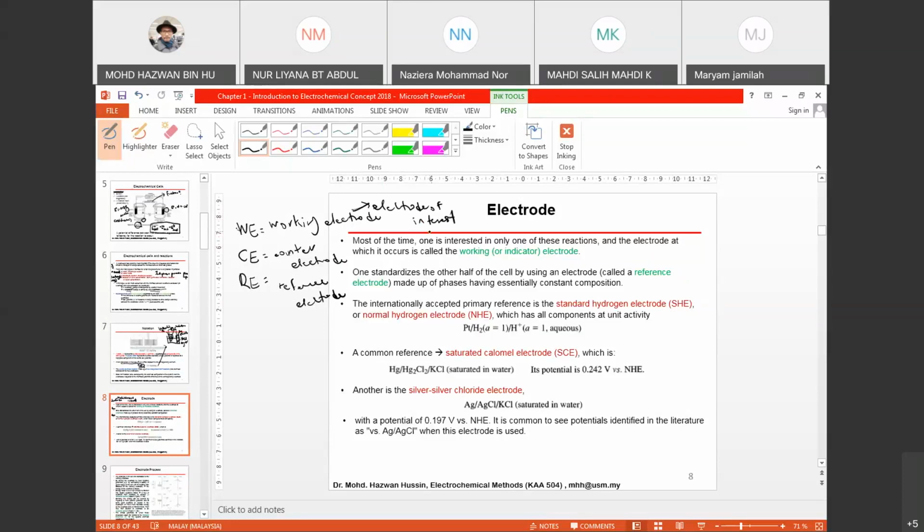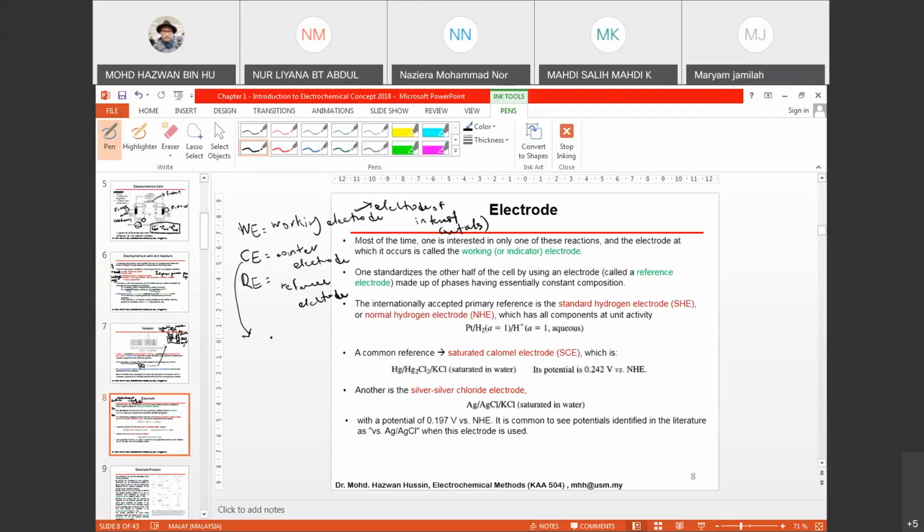Okay, so for example, if you use metals as electrode, so you know that you are going to study the oxidation of this metal. So this is actually your interest. It will be working electrodes, right? Counter electrodes, meanwhile, is a type of electrode that is used to